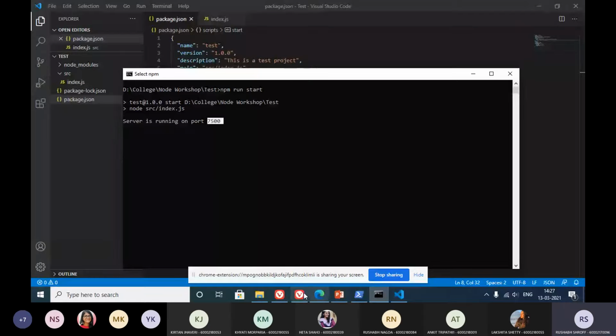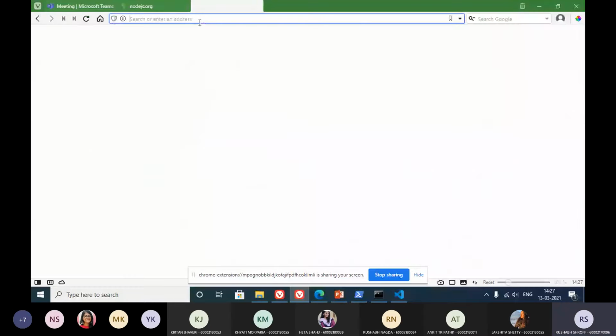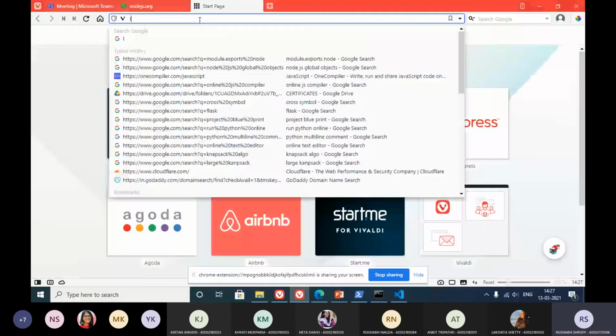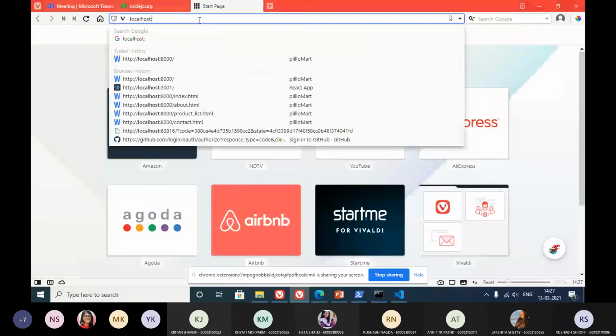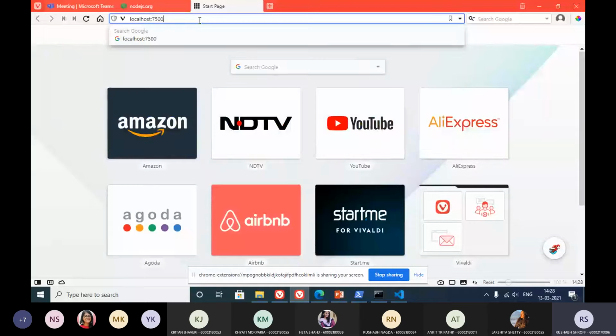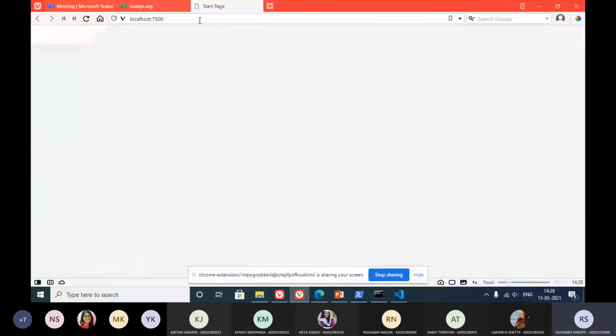So now if you go onto our browser and search for localhost. Localhost represents your own computer. So whenever you make a request onto localhost, your web browser will make a request onto a server that is running on your own PC, which is in our case. And we'll specify the port number, that is this.